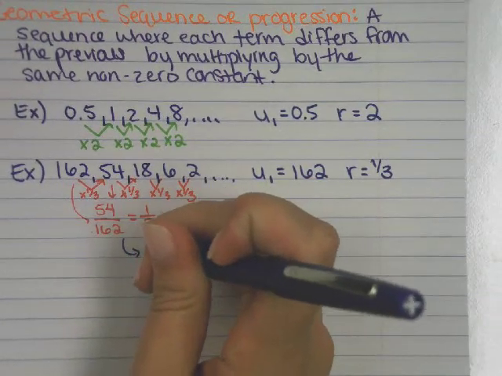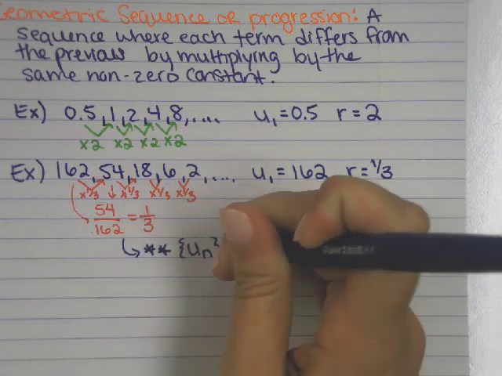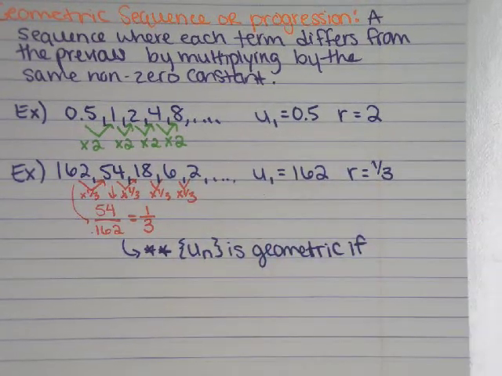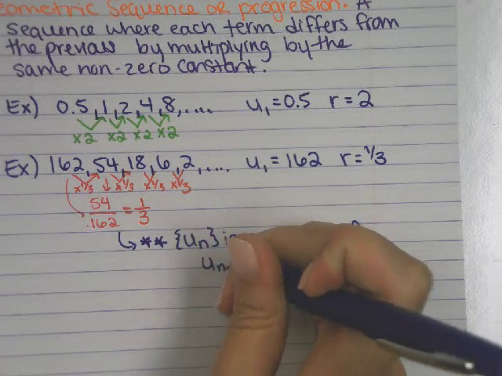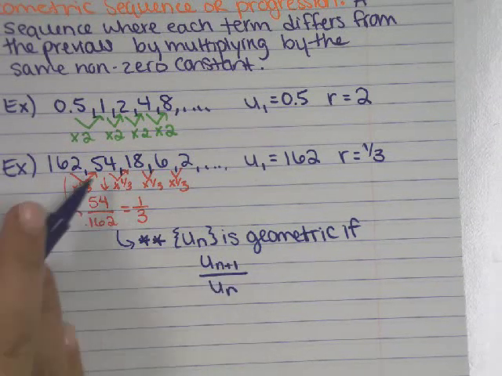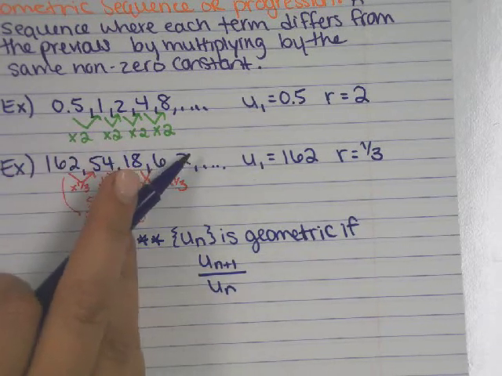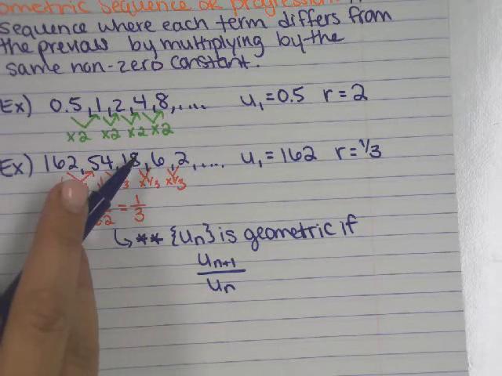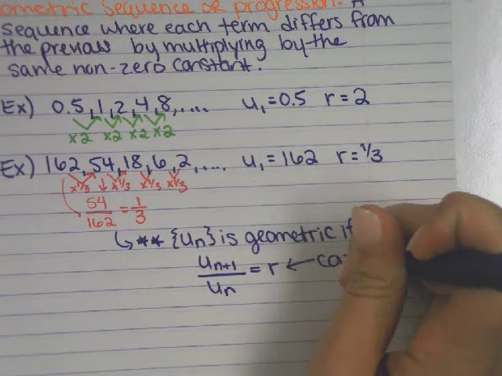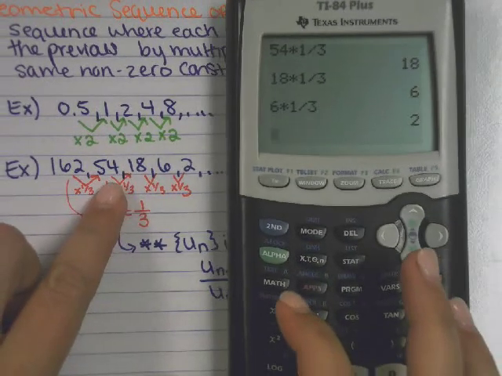Just to solidify it a little bit, a sequence is geometric if you can take the further term, the n plus 1, so that would be this one, divided by the n, the original. And you should be able to do that all the way through. Like you should do 2 divided by 6, 6 divided by 18. It's saying as long as those are always the same, as long as it's constant throughout, as long as you can take the second divided by the one right before and it's constant, then